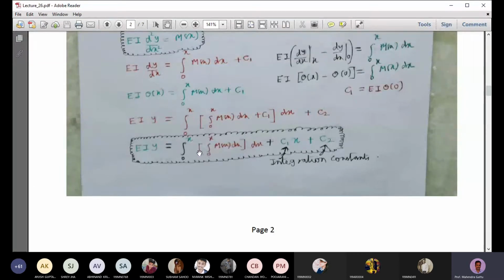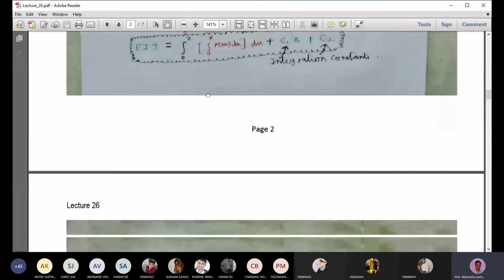And here we have to do the integration twice. So 0 to x of M of x dx, and again we integrate 0 to x that entire function times dx. Okay, so this is the final form for the deflection. So EI y is equal to this entire term. We see that there are two constants c1 and c2 which are unknowns. Okay, so this is a general solution, and we have to find the value of c1 and c2 to get the correct deflection.